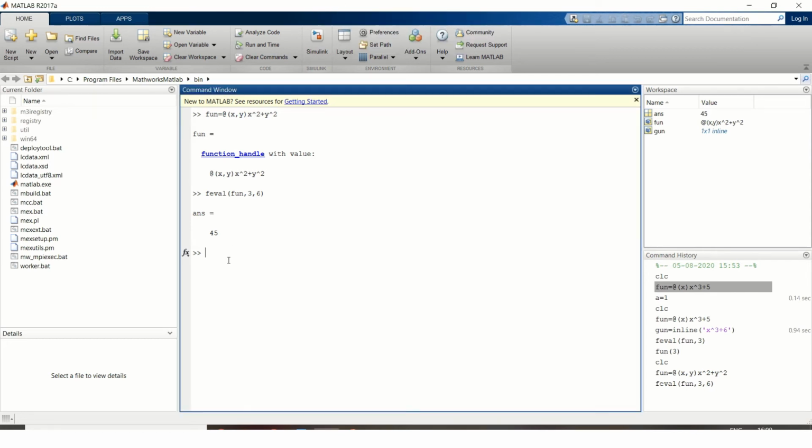When we use an inline function, there is no need to initially declare the names of the variables. You can directly put your function.